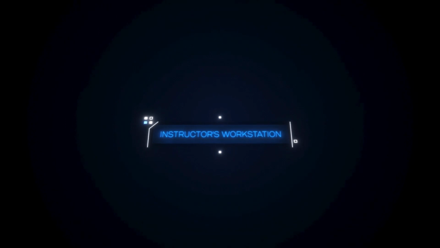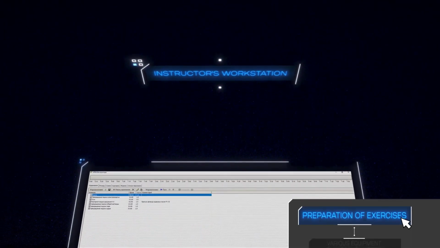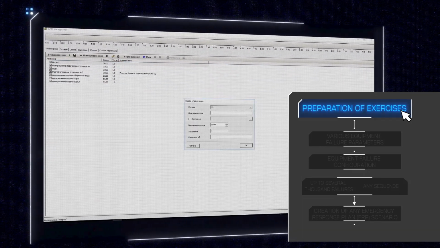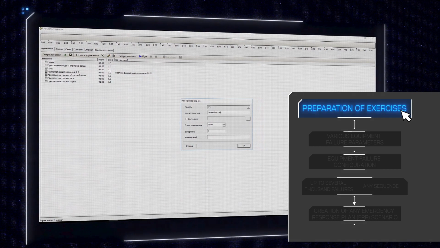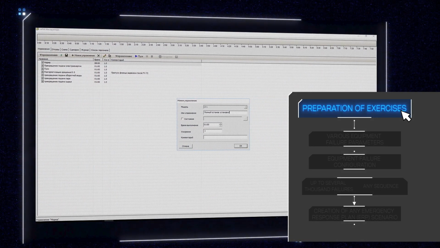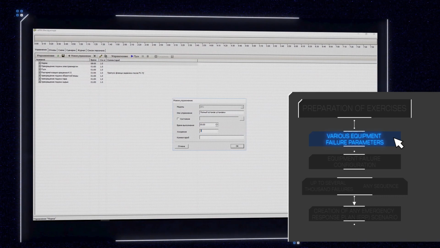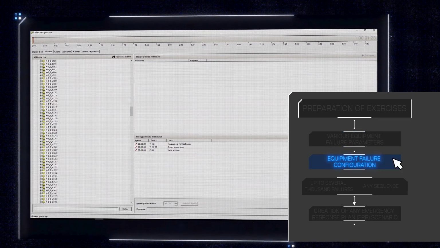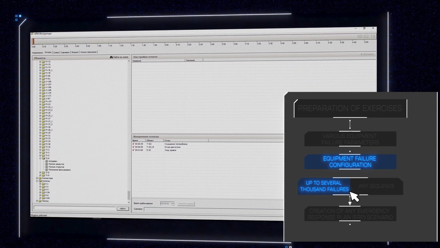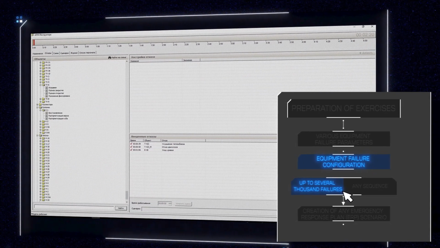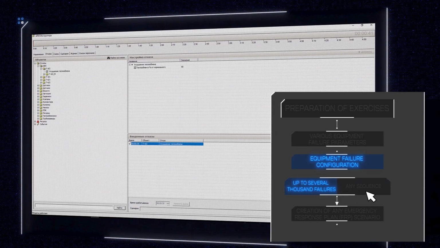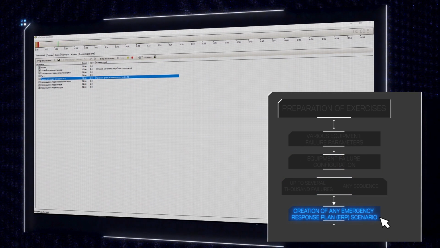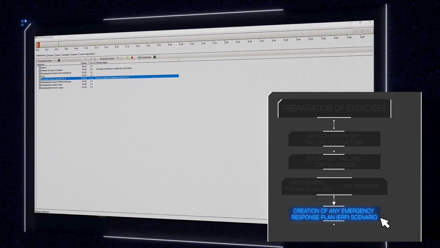The automated instructor workstation is designed for managing the training process, providing the instructor with the following functions: control of the process model, initiation, termination, as well as adjustment of the simulation speed. Preparation of exercises with various parameters for initiating the model and configurations of equipment failures. Development of personnel action scenarios in emergency situations, and automatic monitoring of the execution of these scenarios. Editing of workstation names and the list of personnel authorized for training.